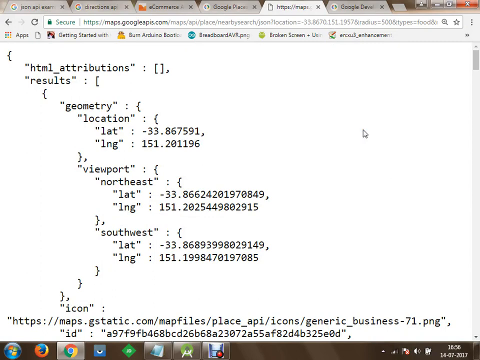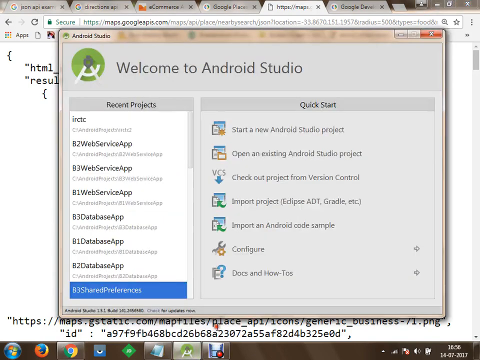Creation of this PHP page, we can do that in the next session. You can quickly create a complex JSON response somewhat like this, and quickly put that on a server. Now let's see. First of all, we'll get started with a project, and this project will be our Google Places API project.